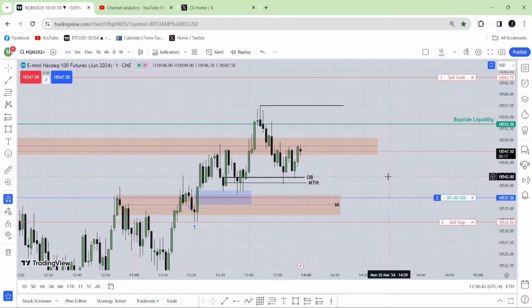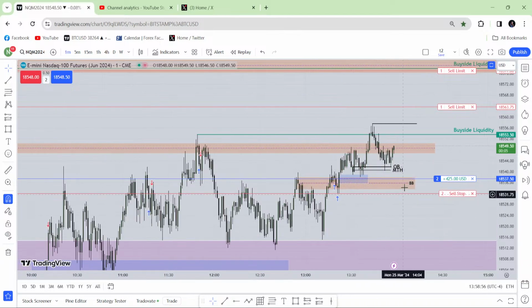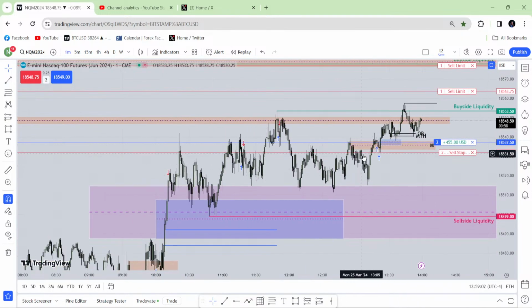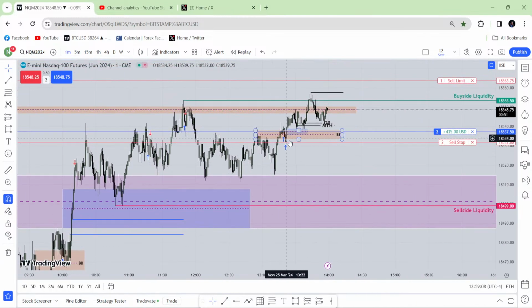How to define breaker block? If it goes down one more time in 1 minute. Okay, let's see. Do you prefer breaker block over fair value gap? Absolutely not. For me, breaker block is my best option to take entry. I love to take breaker block entry. I believe that I know something about the breaker block. That's why you see here that was also a breaker block entry. Here I took this entry depending on that breaker block.